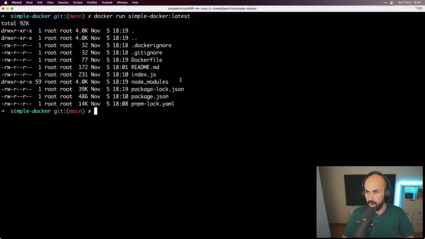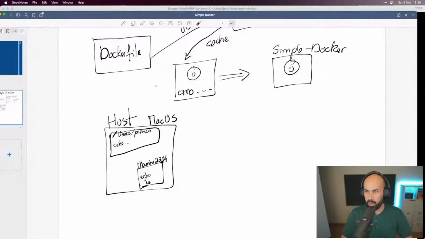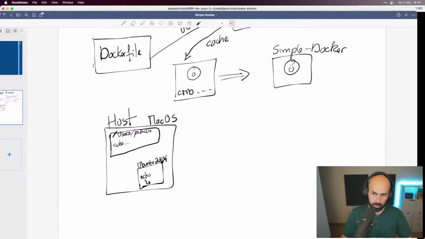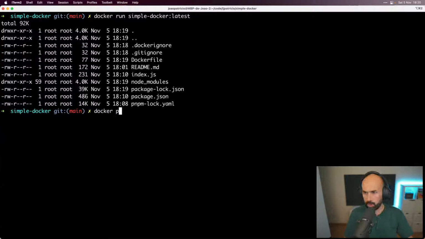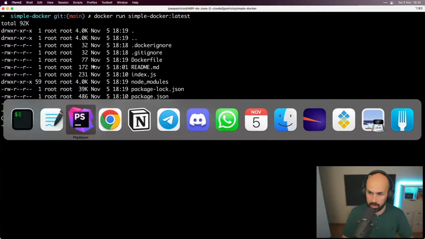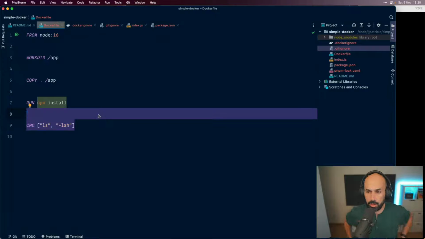So now we should run it, right? And to really run it, because you see, when we now do docker ps, there are no containers running. And why is that? Even though I ran it, that is simply because this command finished its job, so the container stopped, exited.